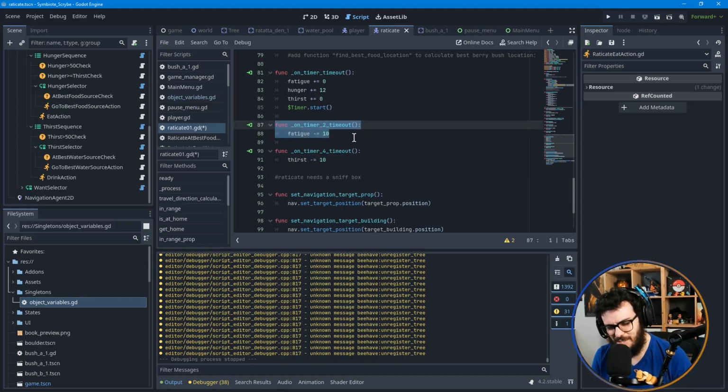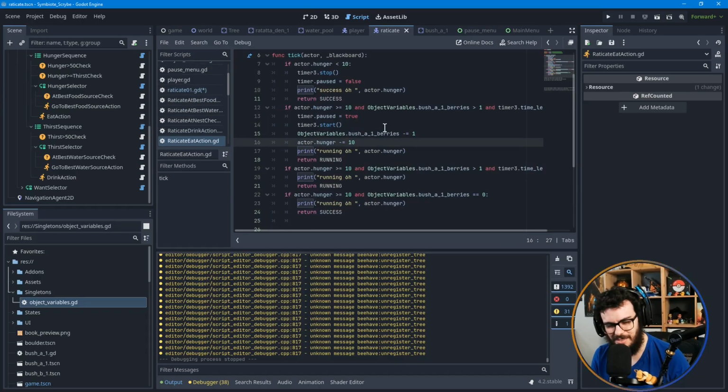Oh, actually, fatigue might just stay that way. Fatigue, I think, can function like this. But maybe I want to put this value into the behavior tree code, because why is it here? Why would it be over here? It just messed me up having these values being modified in Radicate's script rather than here where we're doing all the logic about when or why we should modify them. Okay. So now